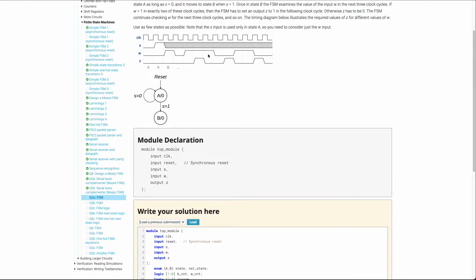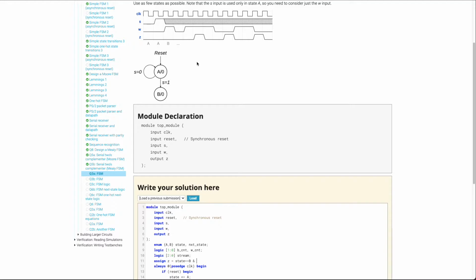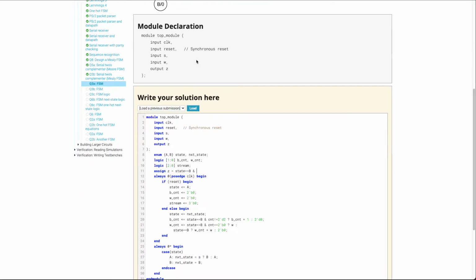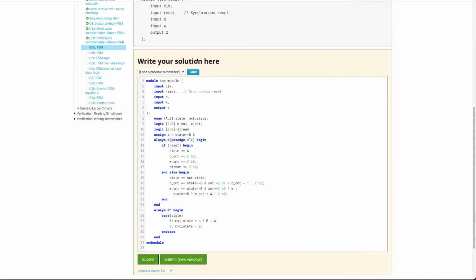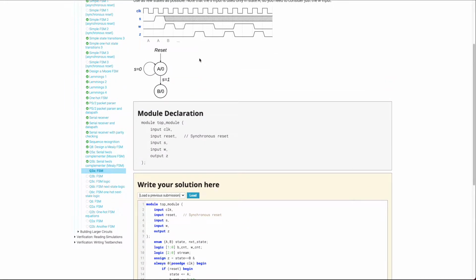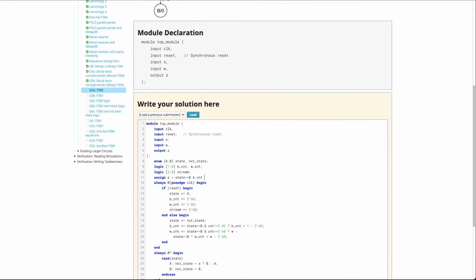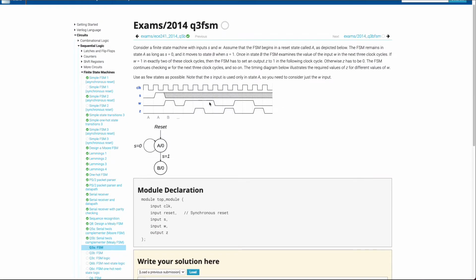What happens if we reset here in the same cycle? I have no clue. If we're reset, I guess we don't really care about the outputs, to be honest. I'll deal with that if it is an issue. So state equals B, and count is 0, and